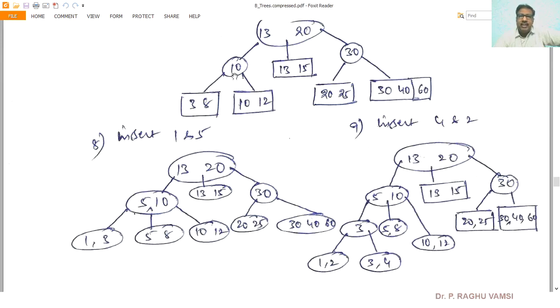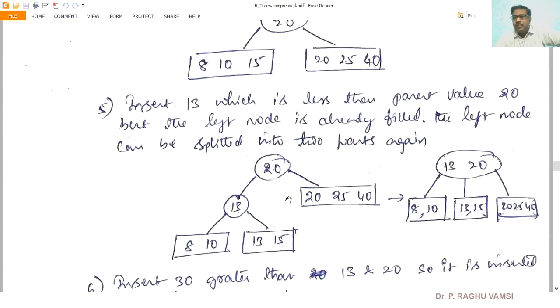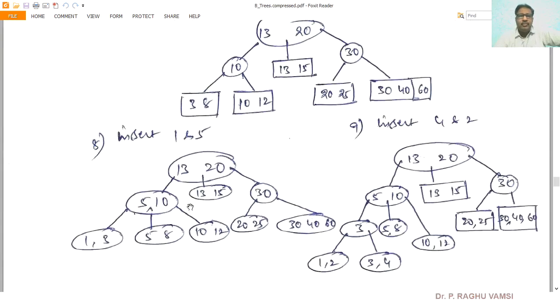So 5 and 10 can be merged, as in the first case, how we have merged here. In the same way, we have to merge here. So 5 and 10. The elements that are less than 5 will be at the left side of this node, the elements that are between 5 and 10 are here, and the elements that are greater than 10 are at the right-hand side of 10.